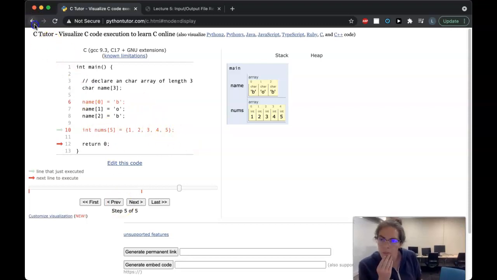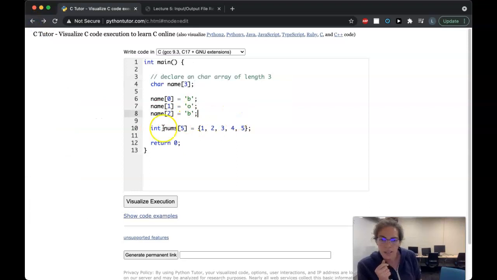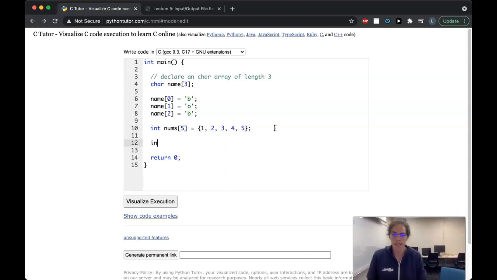Let's go back here. We see that nums is an integer array of size 5, so we should really only be accessing the subscripts 0, 1, 2, 3, and 4. But the C compiler is going to have no problem if I do something like